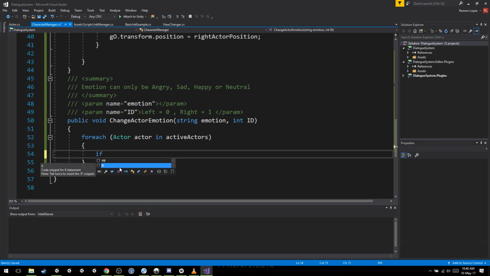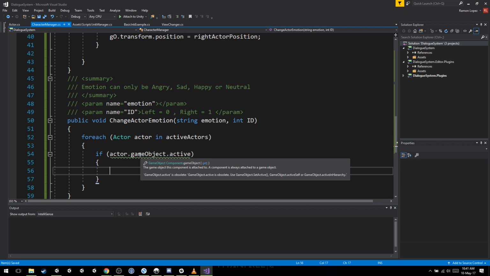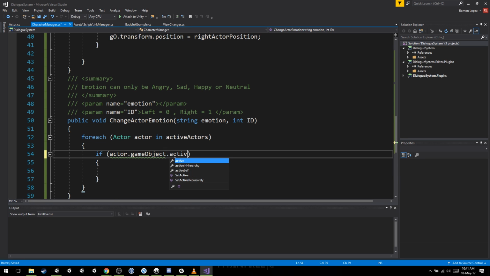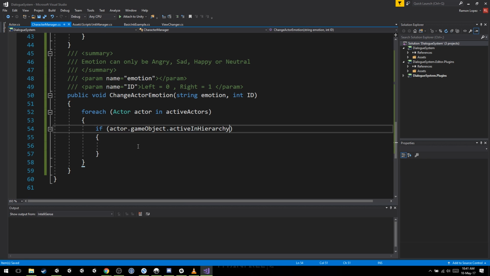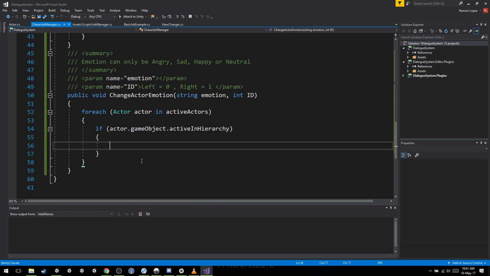If we don't check the name, so we do if actor dot game object is active in hierarchy. Okay, active in hierarchy. So if the game object is active in the scene, we are going to check